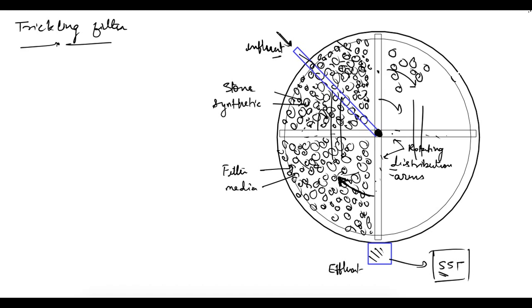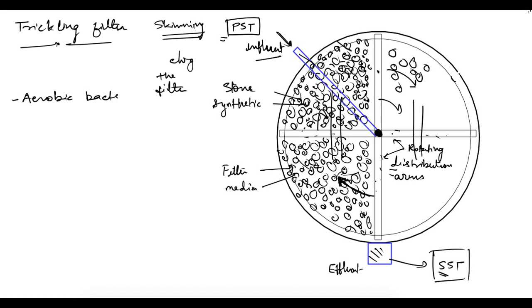And the influent that comes in trickling filter has to be necessarily treated in primary sedimentation tank, because if it is not, then it will have more solids and those solids can clog the filter. So at least primary sedimentation tank and sometimes skimming tank has to be provided before the sewage can go into trickling filter. Most of the treatment is done with the help of aerobic bacteria here, but anaerobic condition also exists in this case.